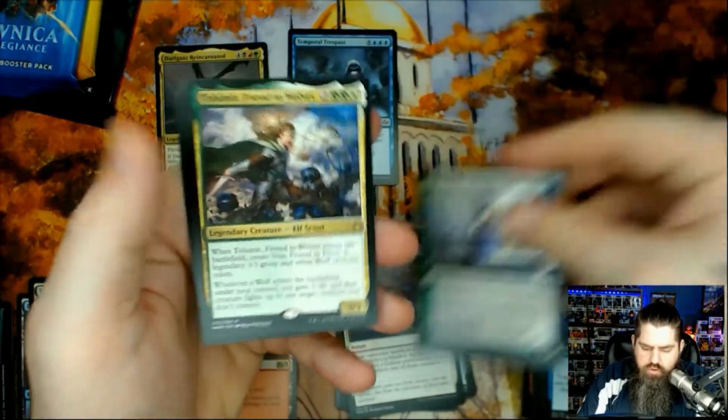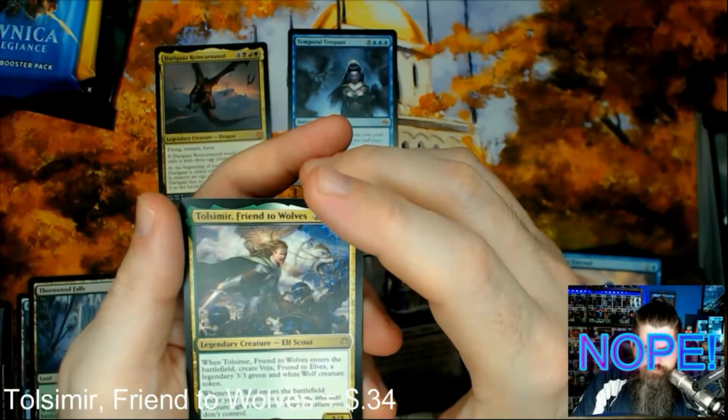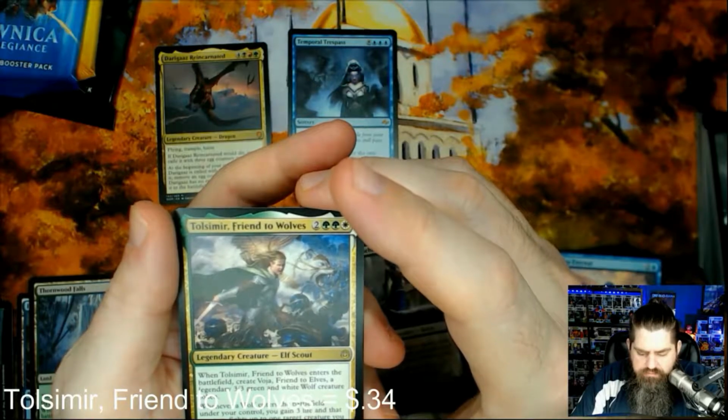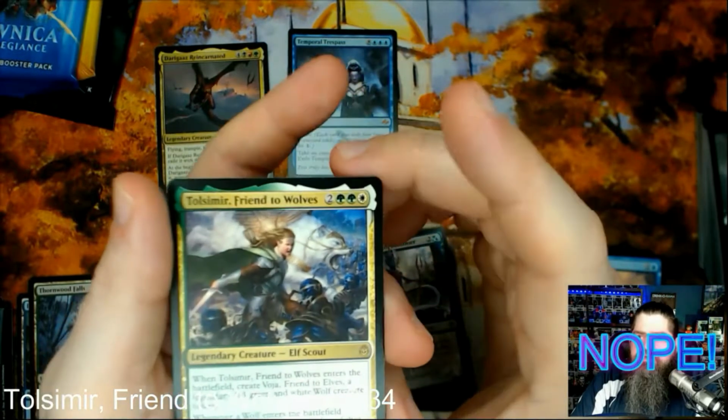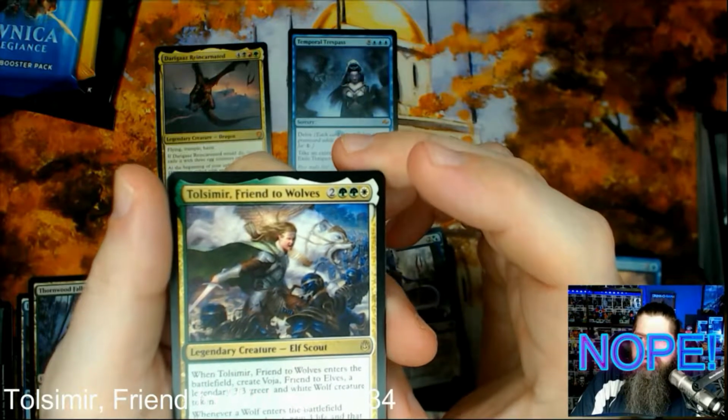All right, cool. Ptolemy, Friend to Wolves. Apparently, she doesn't like wolves. Is that a polar, what is that? A polar bear or something? Or is it like a badger? At any rate,